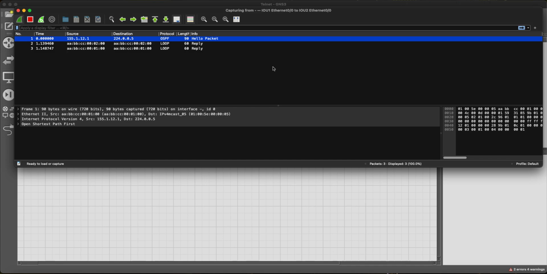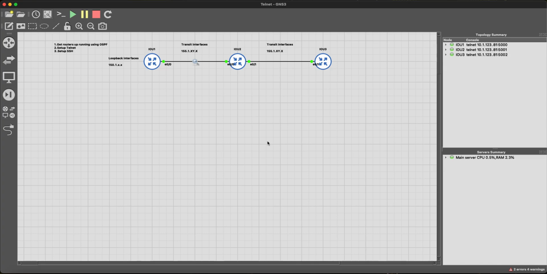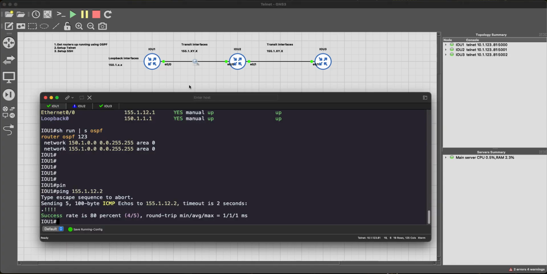Oh, we might have missed it. No, we could do it on 3. We'll do it on 3. So I'll stop capturing right here. But that's basically what that is. But if we ping